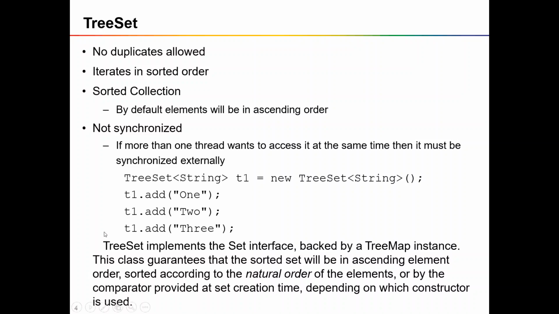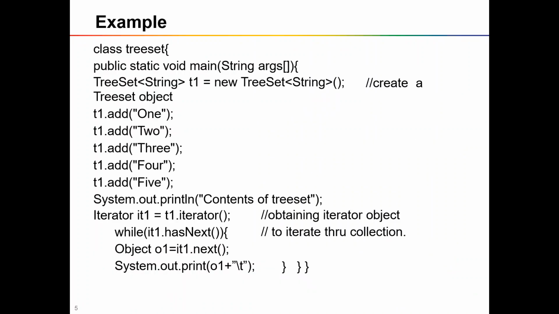For adding elements into the TreeSet, we have an add method. Here we have added elements into the TreeSet, adding 1 2 3 4 5 string objects. And we'll start with an iterator. The iterator we discussed in the previous session. The iterator allows you to process all the elements of your collection. Here we are creating an iterator for the TreeSet with the method iterator.